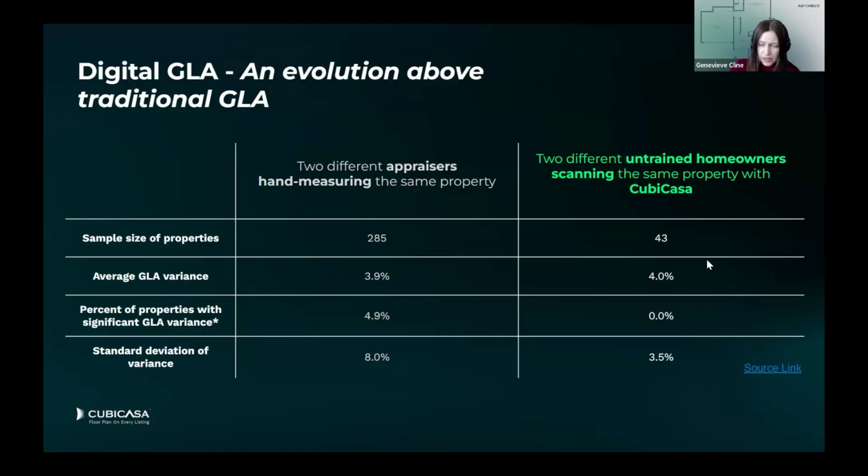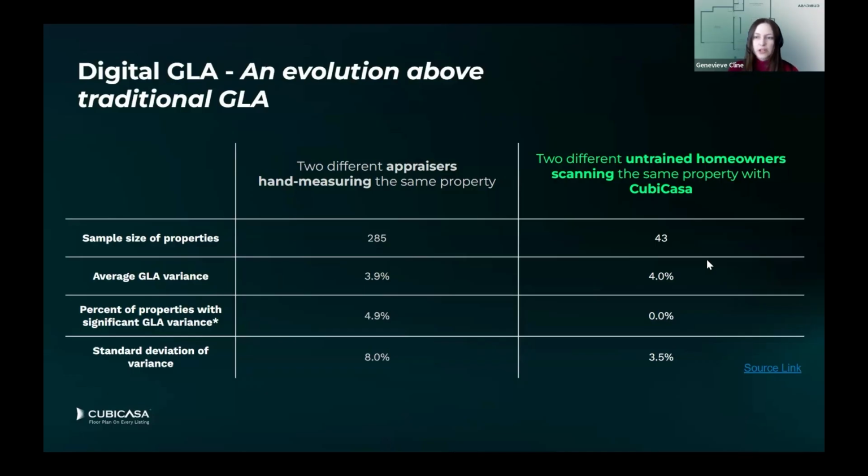And then we didn't have any cases of significant GLA variance, which makes a lot of sense when you think of it from a technological perspective. We have to follow very, very consistent rules. We're not going to vary very often in regards to how something is handled, right? But this is just one example of an actual study that we've done regarding accuracy to take a look at. We are also used in the industry a lot, so that might be a little bit of a reassurance. But what we really recommend for appraisers above everything else